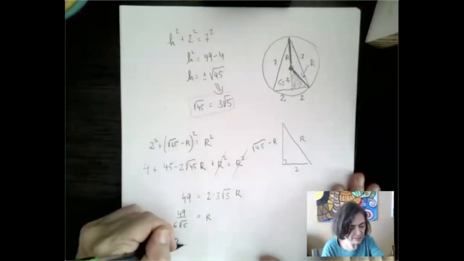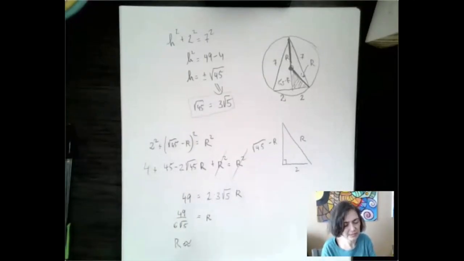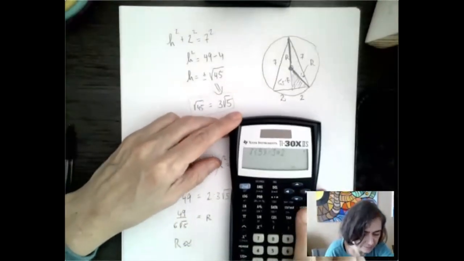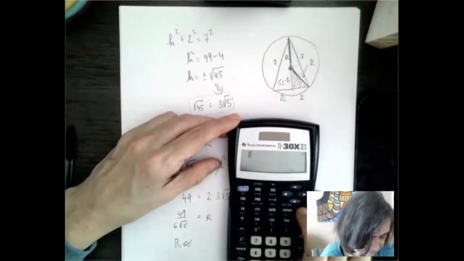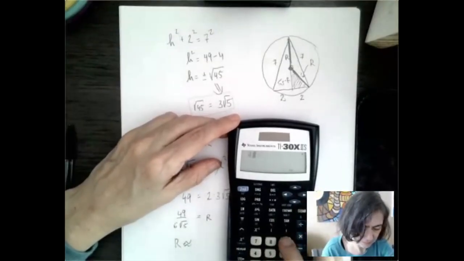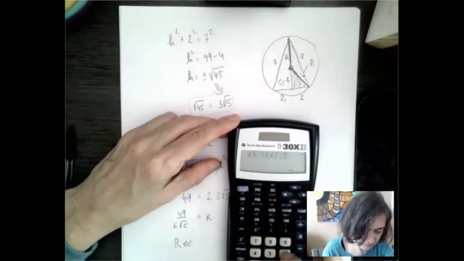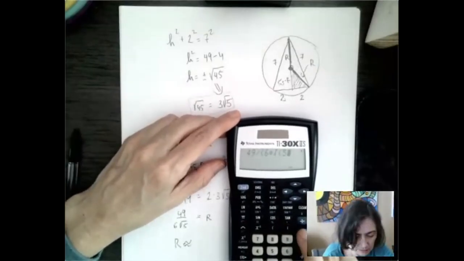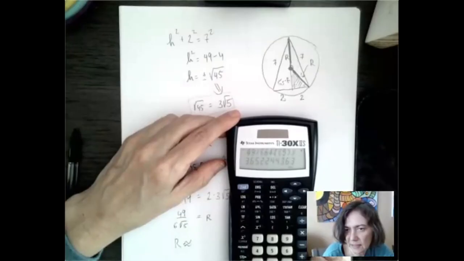The problem is asking for an approximate value. So we're just going to punch this in. But you have to be careful to enter exactly what you mean. 49 divided by, and I'm going to open a parenthesis, 6 times square root of 5. Now the square root opened a parenthesis for you. We have to close that. And we got